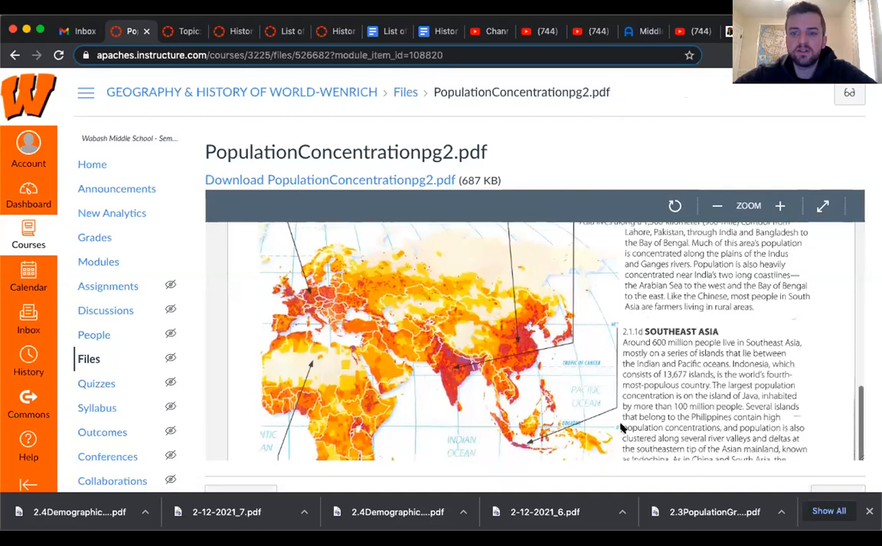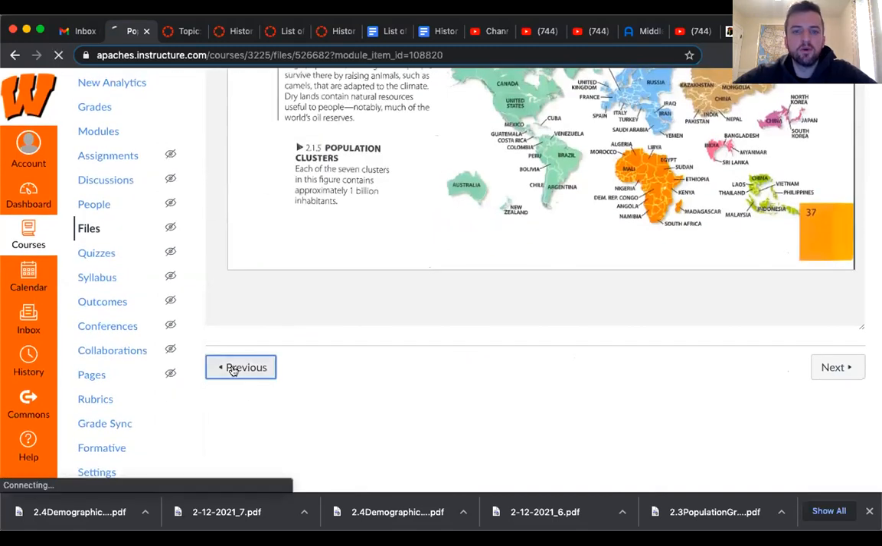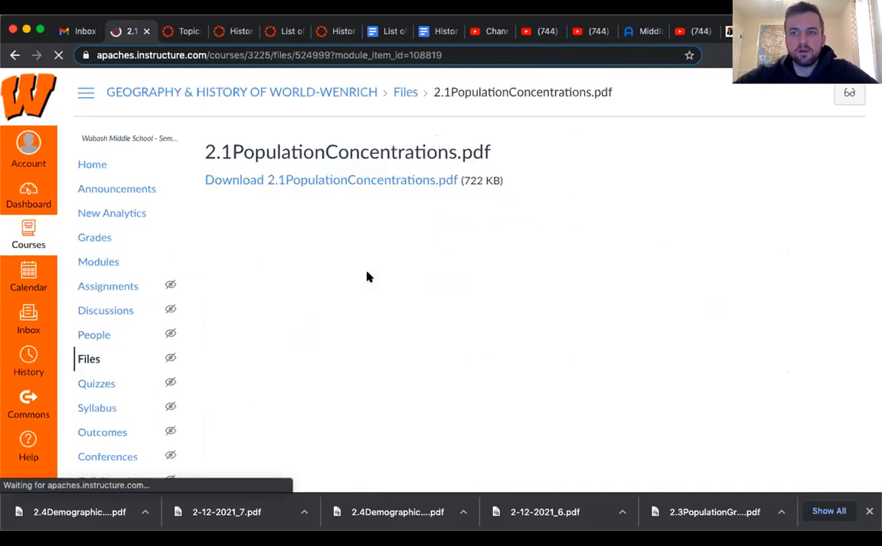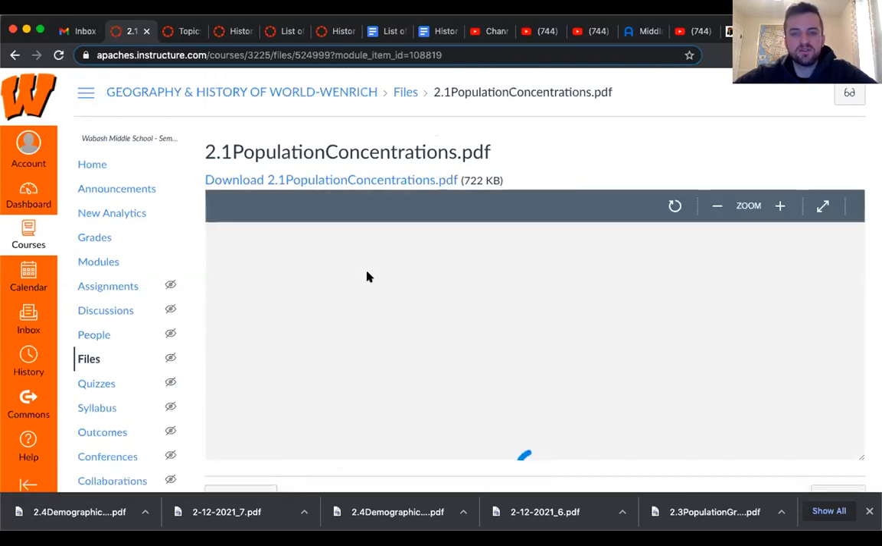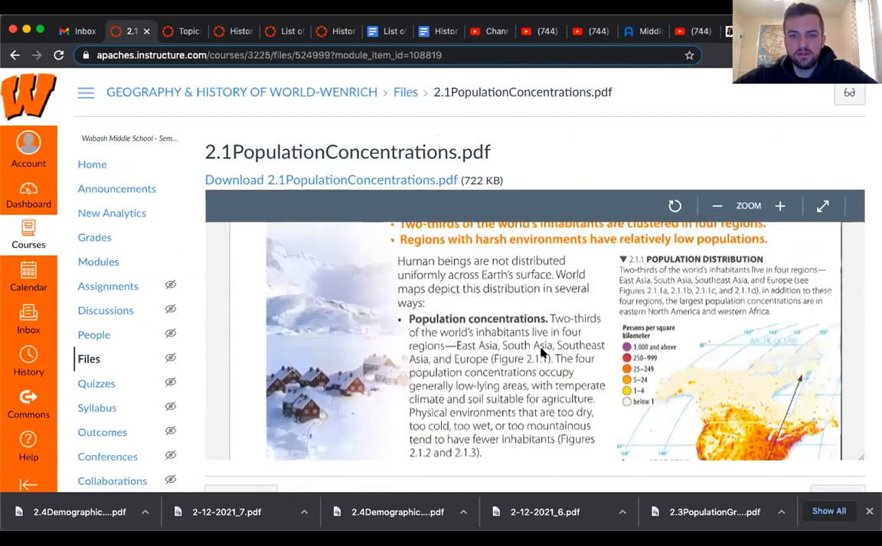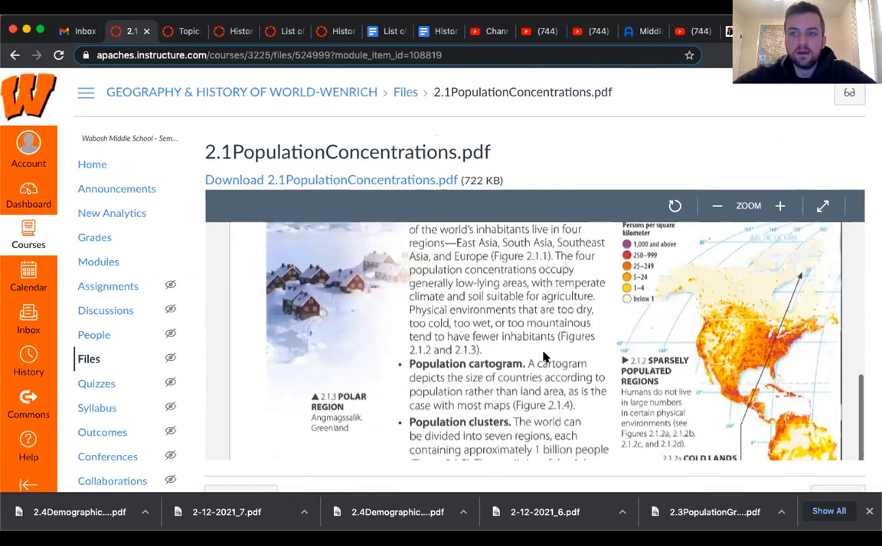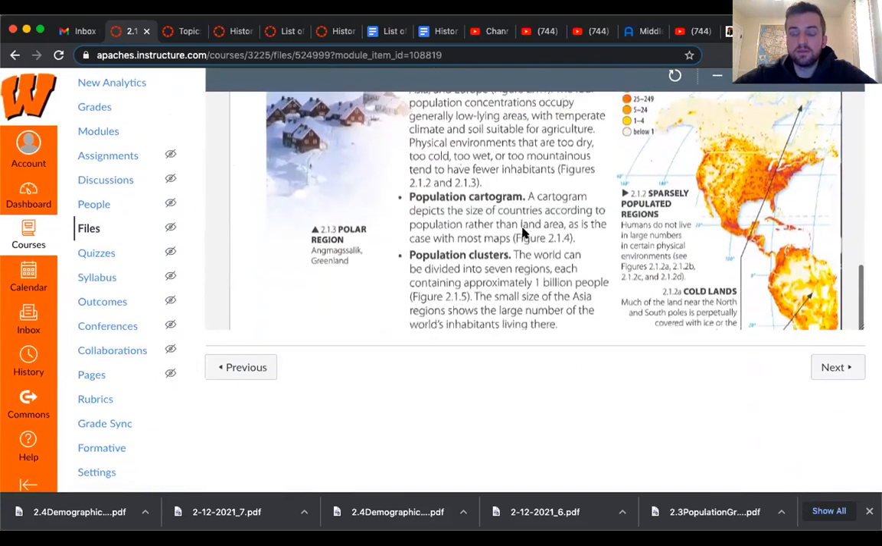population concentration. This is pretty much just a very informative chapter. There is going to be a question about where a majority of the Earth's population concentrations are. And just to be very clear, it is these four areas: East Asia, South Asia, Southeast Asia, and Europe. And again, the last part of the book that I just read to you is going to give you some insight as to why. So that concludes